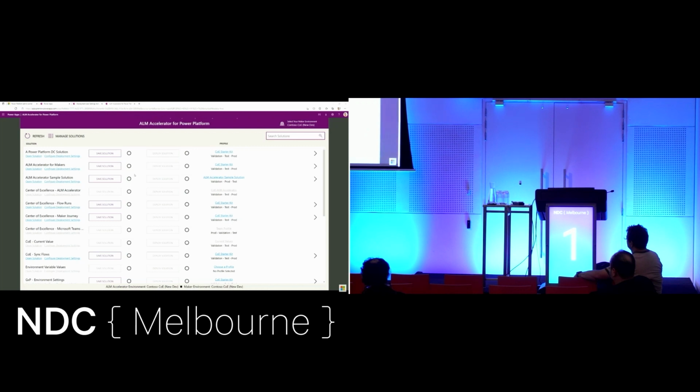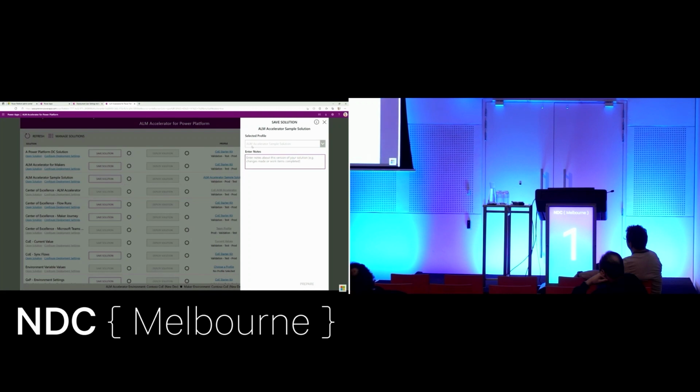So let's first talk about the saving of the solution. When you're working on the Power Platform creating components in your solution, you normally iterate over the process of creating those components, saving them, and publishing them. Now, don't get confused with the save solution button that you can see here. What this save solution button does is it basically pushes your changes into the repository that is part of the solution profile that you have assigned to the solution before. Let's now hit the save solution to bring out the side pane to start pushing our changes to source control. We can see here the profile that we've chosen before, and here we have a text box where we can introduce some of the notes that are going to be used in the commit.